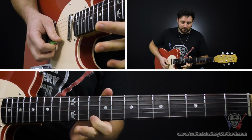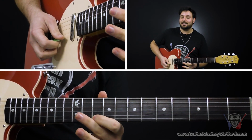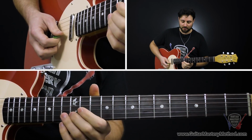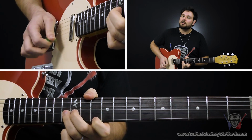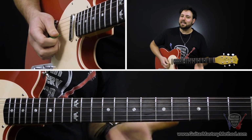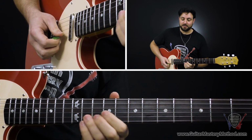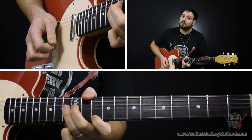And then with my 1st finger, I'm gonna play the 10th fret on the high E string, which is the exact note that I'm bending to on the B string. So if I play both of these notes together, that's what a unison bend is. So it's a play on a unison bend, but we're separating the notes. So instead of going...